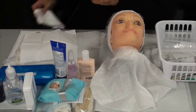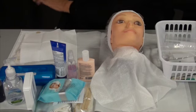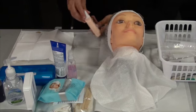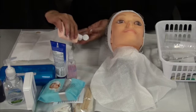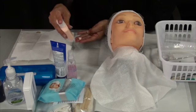And remove. Throw your tissue away into your trash bag and sanitize your hands. At this point, we're going to apply moisturizer. So you're just going to flip it open, apply a very small amount, let it drop onto your fingertips,